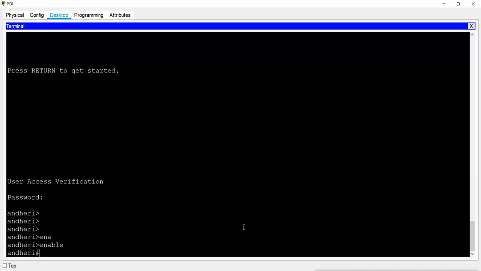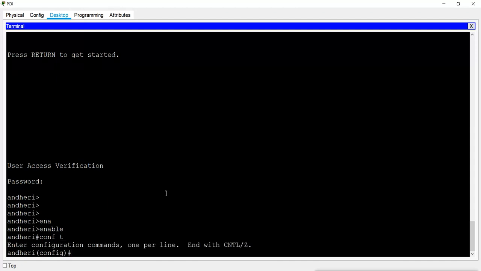So it asks the password, and without a password you cannot access the privilege mode, because this privilege mode is what? It is the privilege mode where you can do more things, and also from here you can go to the main configuration mode. You cannot go into the main configuration mode from the user mode, but you can only go from this privilege mode, and that is why we have a password on this privilege mode. It is called enable password, because the enable command is what we use to go to the enable privilege mode.